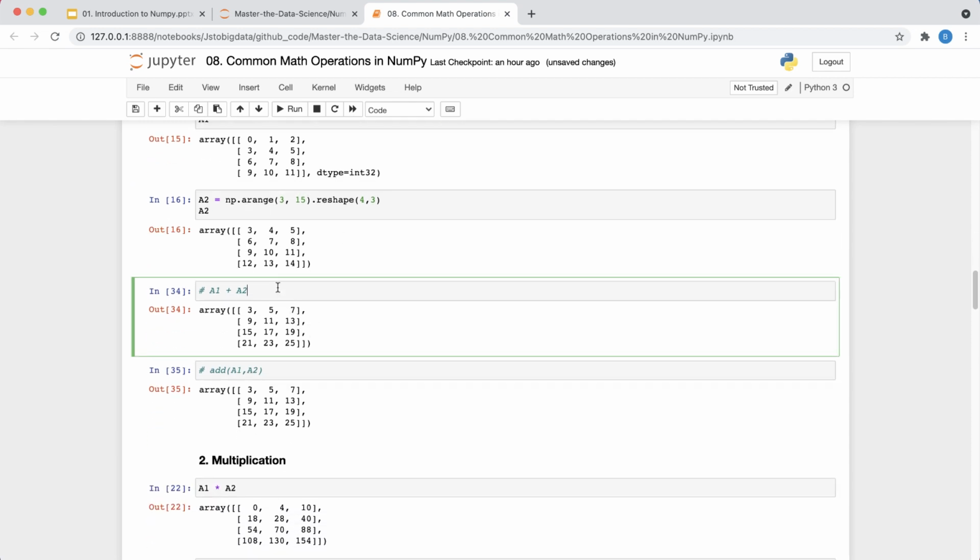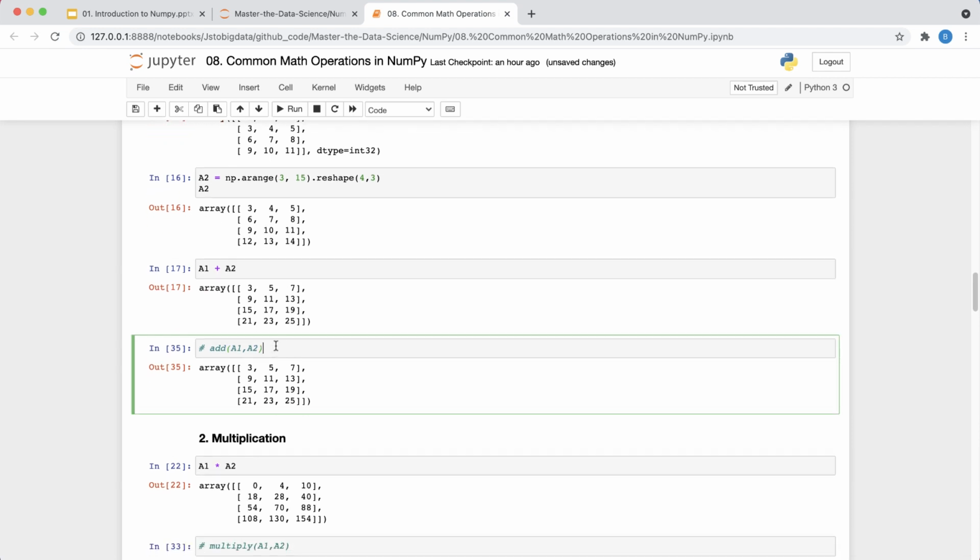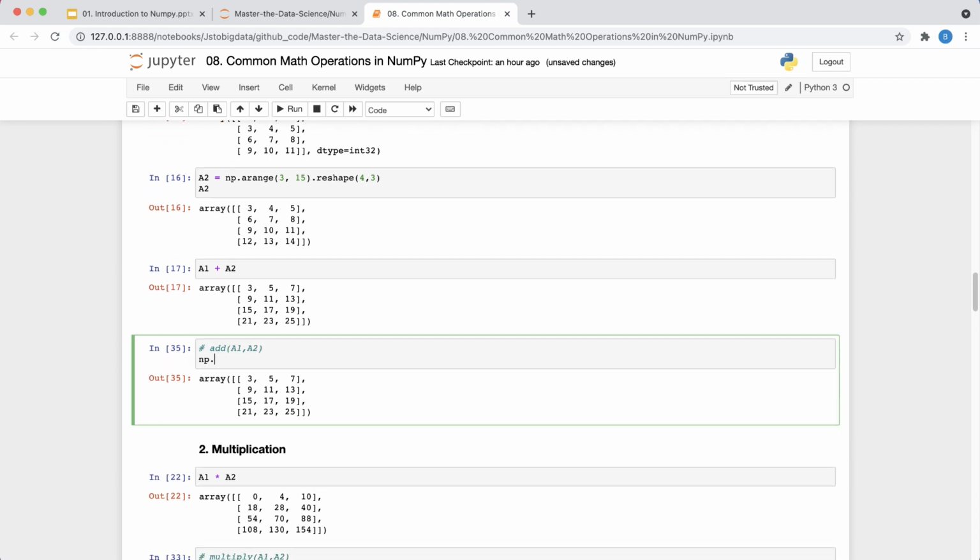And if you want to do the addition of two matrices, you can just do A1 plus A2, right? That will give you the output. And if you want to do the numpy way, you can just do np.add a1 comma a2. Okay, both are same. It's operator overloading in Python.